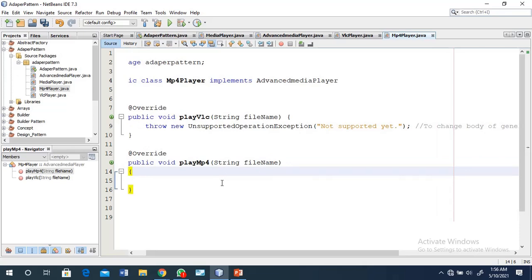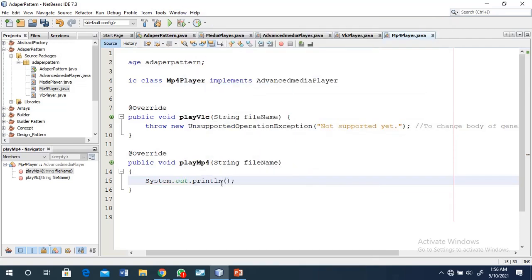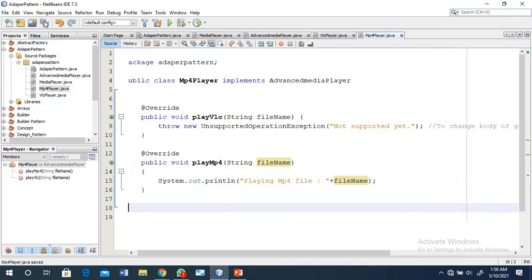Here you just write a similar type of operation: System.out.println, "Playing MP4 file". Okay, so that is the implementation code.